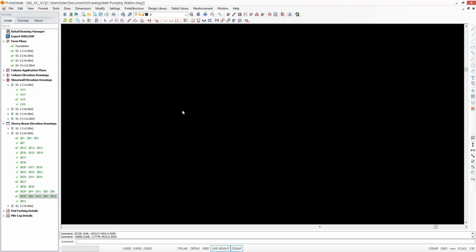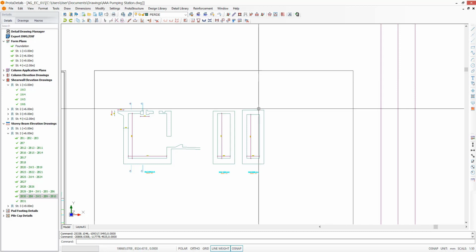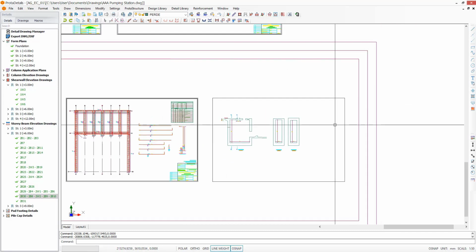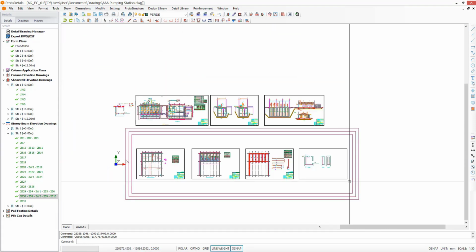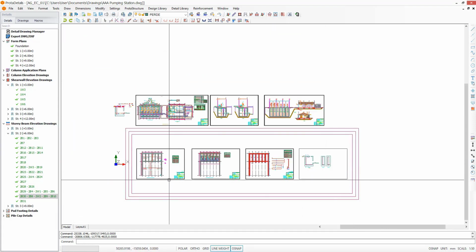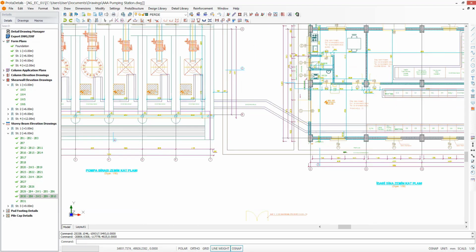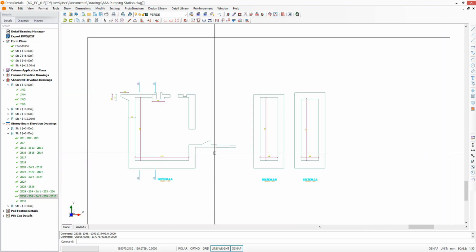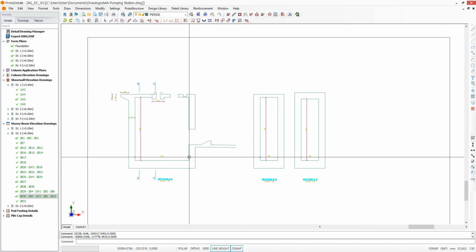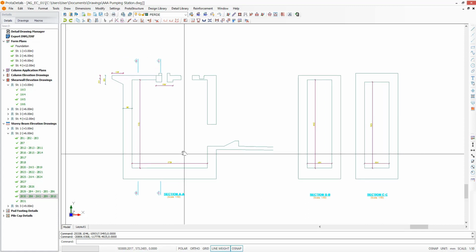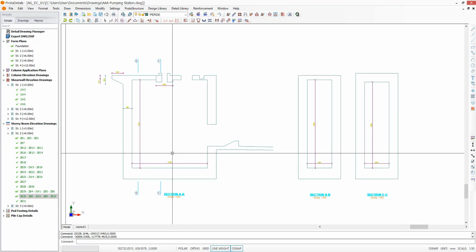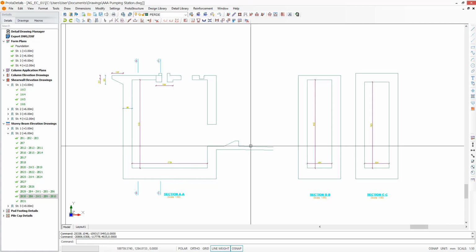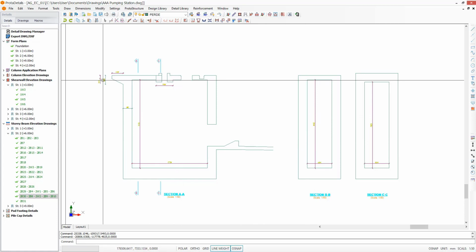This is a DWG file. Actually, this is a real-life project that I have completed using ProtaStructure, and the detailing was done in ProtaDetails, and I exported it as a drawing file afterwards. This is all made in ProtaDetails. What I would like to do is detail this pumping chamber here with custom rebar detailing commands. We have a copy of longitudinal and transverse sections of a single block here, and I will start